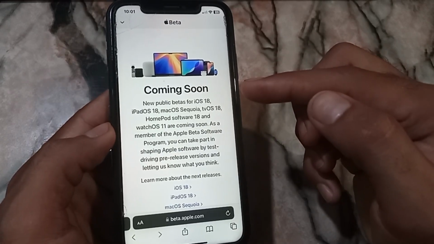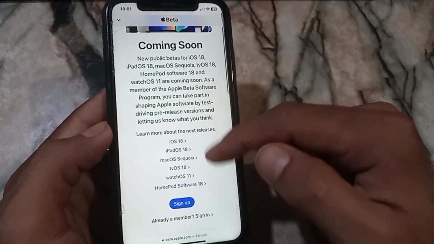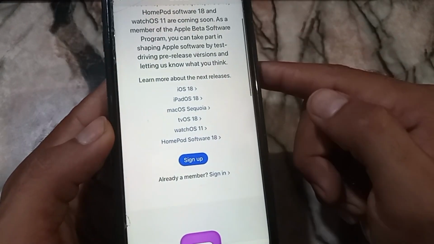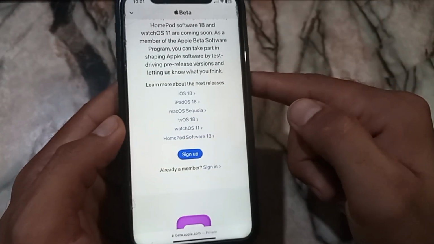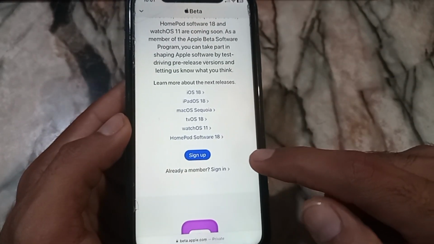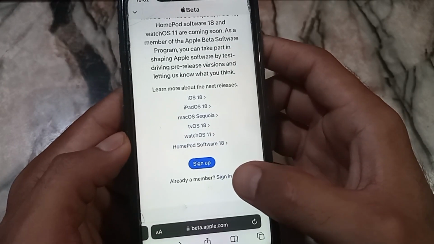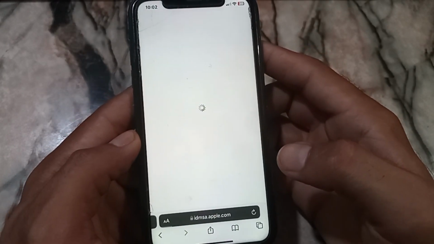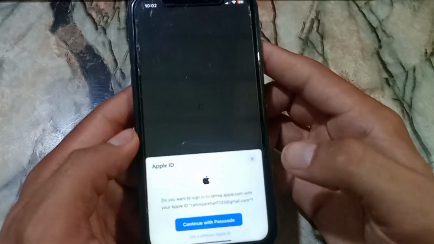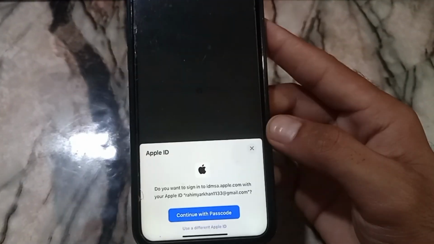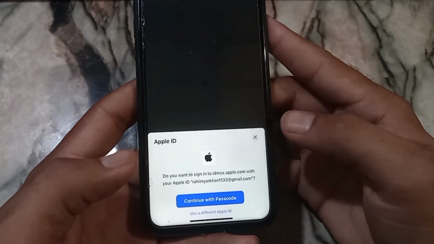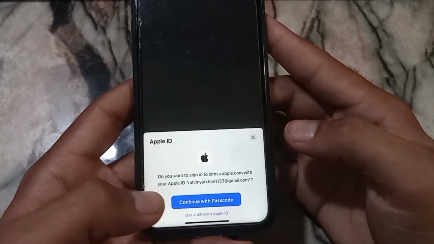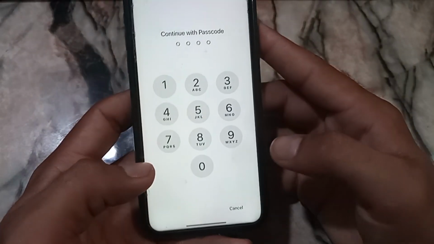You can read it, simply scroll down, and if you already have a beta account, simply tap on sign in. If you have not, simply tap on sign up. I already have one, so I am tapping sign in. Make sure you enter the same Apple ID which is already logged in on your iPhone. My Apple ID is already logged in on this iPhone, so I verify it by entering the iPhone passcode. Continue with passcode, enter the iPhone passcode here